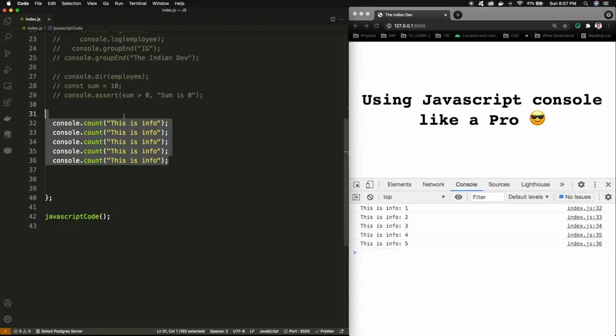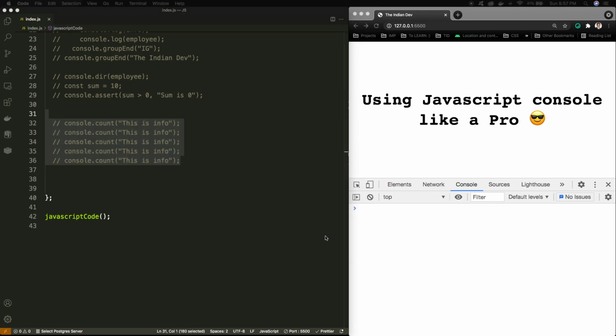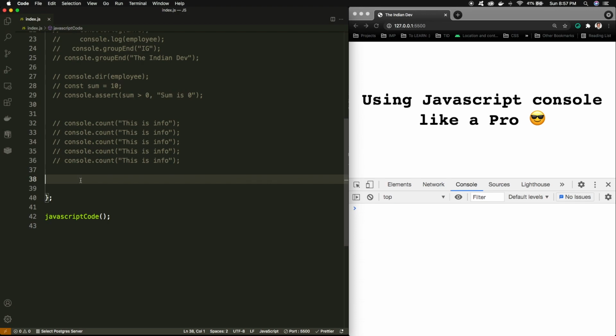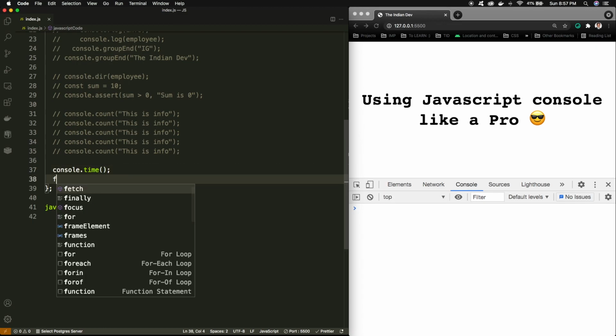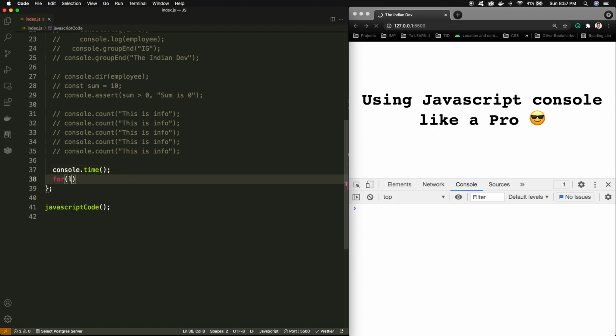Now, other than this console count, one more important thing is that whenever we are doing some code, or working with any method, any asynchronous thing, or any calculation, then what you need to identify is how much time has been taken by this particular method. So to check the performance, we again have a console method, that is console.time. Okay, so this is the console.time, and in between, if I just wanted to run any loop, maybe